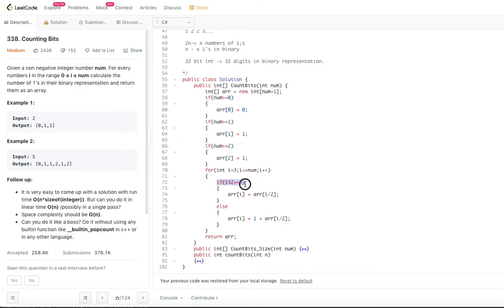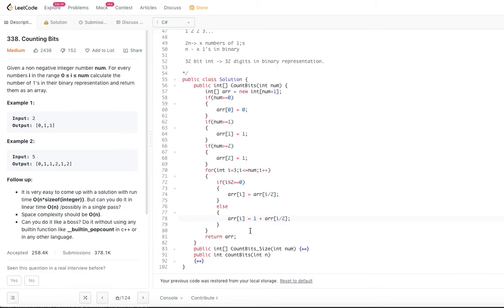Now, if i mod 2 is equal to 0, then array of i is equal to array of i by 2. Whatever we have at i by 2, we are putting into array of i. Otherwise, if the number is odd, we are adding 1 to whatever is there at the i by 2 location. So, this is the logic that we have developed.